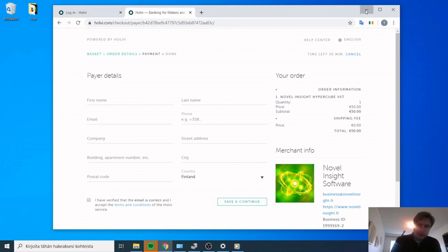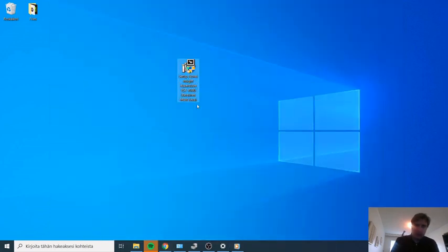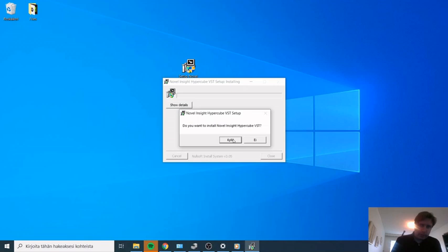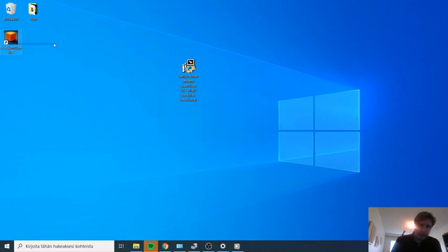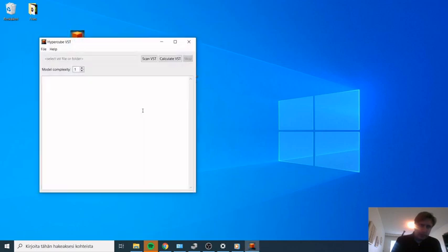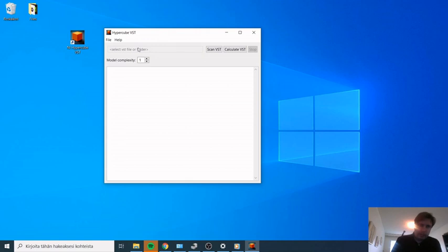Once you have bought it, you get the setup utility, which is used to install the Hyperloop VST. It installs the Hyperloop VST quickly, and then you calculate the actual wrappers that can be used in audio workstations such as Cubase, Fruity Loops or Renoise and so on.